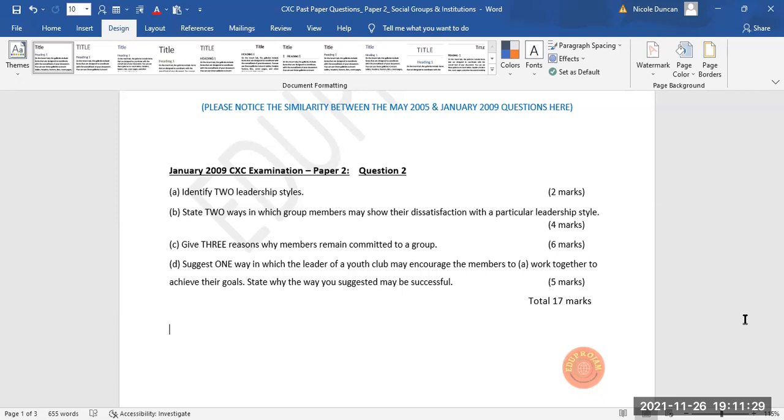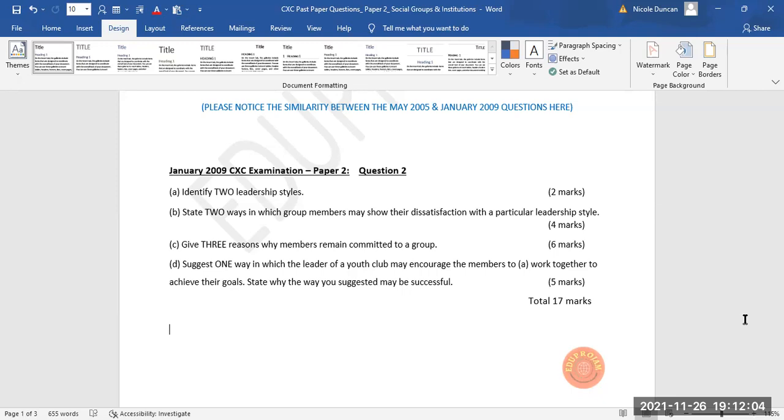So let's look at B now, which is worth 4 marks. State 2 ways in which group members may show their dissatisfaction with a particular leadership style. Can you think of any way that group members can show that they are not satisfied with the way the leaders actually lead in the group, Alex? Make a polite suggestion, miss,